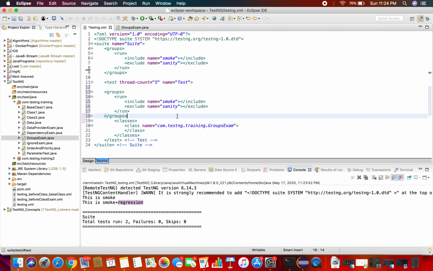I'm including a regression at the test level because this is part of the suite which is considered as a group for this test also. So if you have multiple test tags inside your suite, and if you want to include any group in all of the tests, keep that at the suite level because that will apply to the test tags underneath.